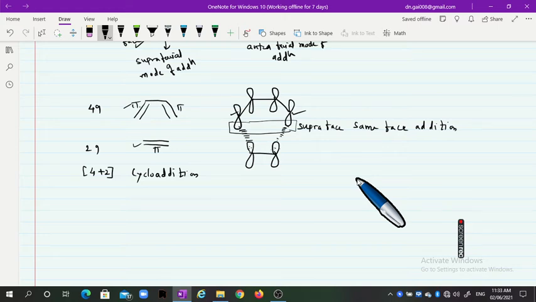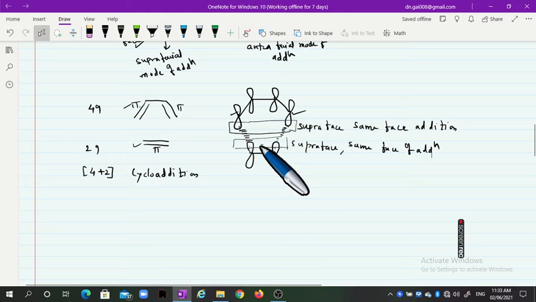And the second, the ethylene molecule, is also the same phase, that is also suprafacial. That is the same phase of addition. These two are the same phase of addition. For ethylene, both lobes are in this case below, first lobe and second lobe, that is suprafacial. That is the suprafacial addition. And this is the top lobe, that is also a suprafacial addition. Both are the suprafacial mode of addition to the unsaturated systems. Correct.